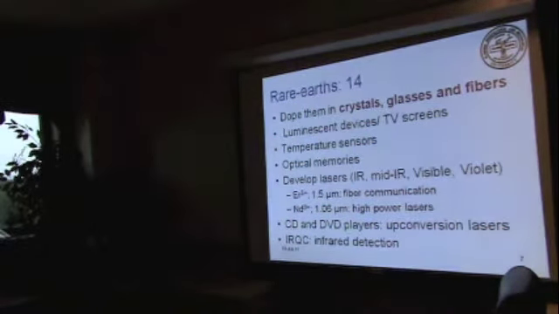Then gallium nitride came into the market. So they're able to do whatever you are doing with fiber with just a small piece of gallium nitride. So it was changed with the gallium nitride. But with these upconversion lasers, you can build lasers at unconventional wavelengths which are not available by traditional methods. Still you can get a lot of power out of it. The infrared quantum counter is an indirect way of detecting infrared radiation. We will show you an example.